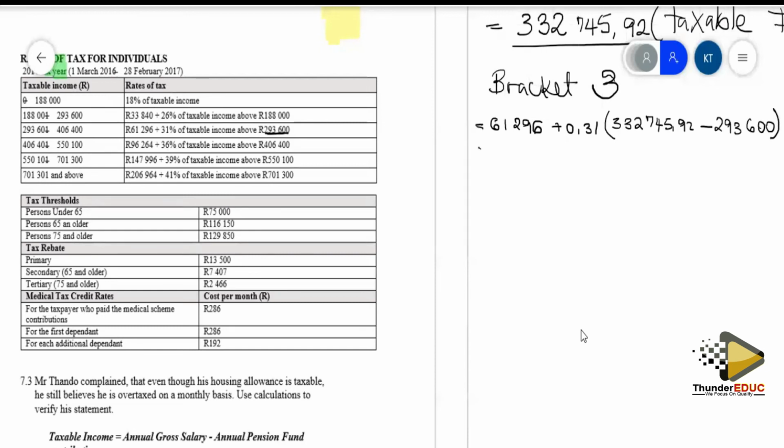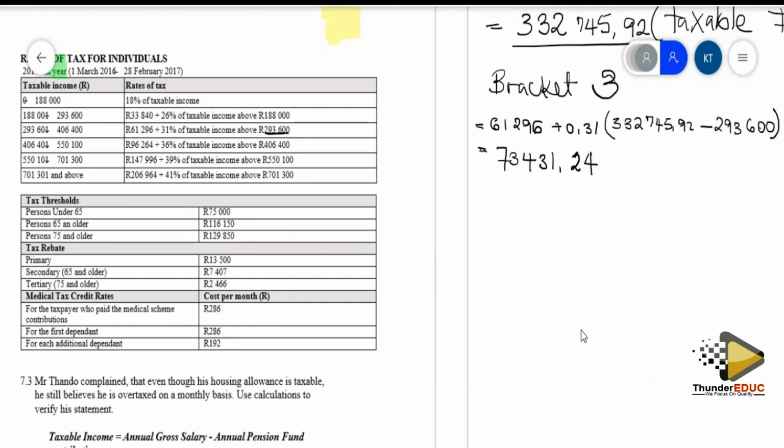So from this moment, it's easy for me to calculate the tax. I just put this number inside the calculator. Some people say punch the numbers into the calculator. 61,296 plus 31%, open brackets, which is 332,745 rands 92 cents minus the 293,600. Together, a straight answer, which is 73,431